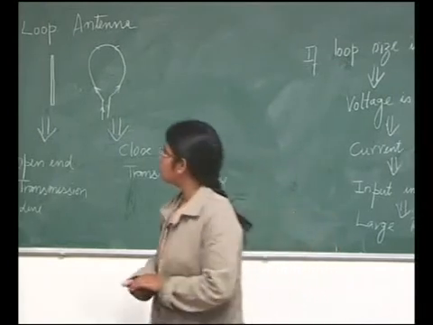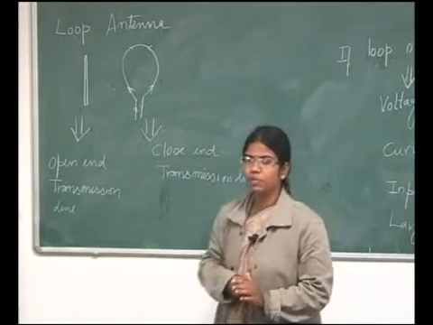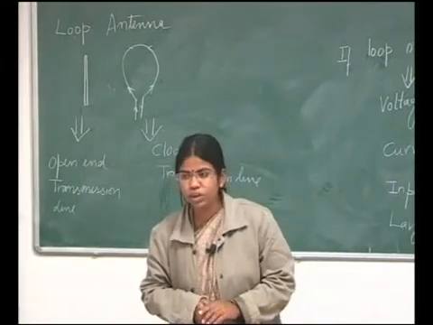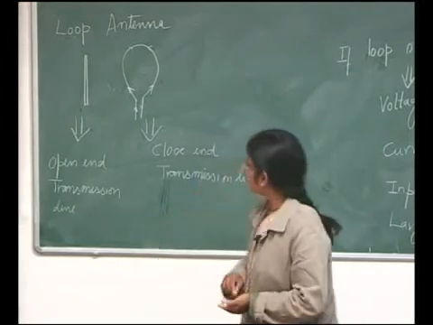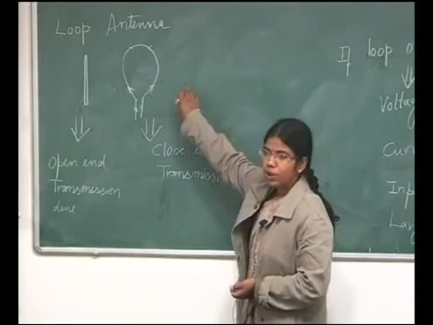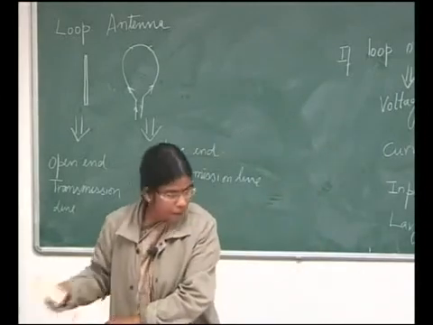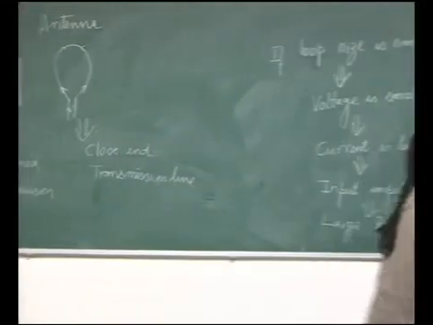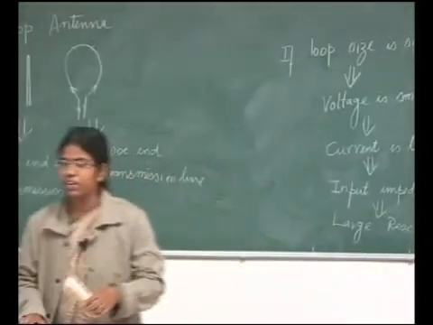So now for this loop antenna, either we can do the same method, or we can look into a new method which is called the duality principle. So we will solve the loop antenna using the duality principle. In a moment I will tell you what the duality principle is, but the reason for doing this is that the duality principle is much simpler than the conventional method.